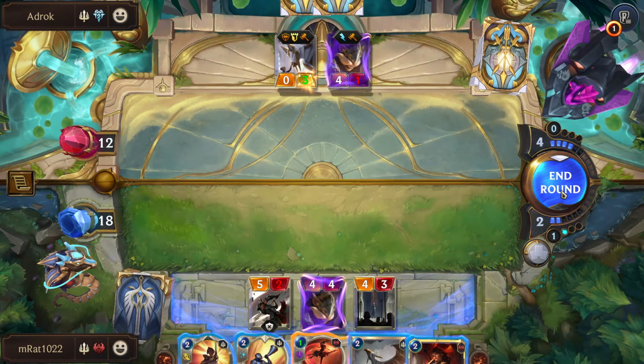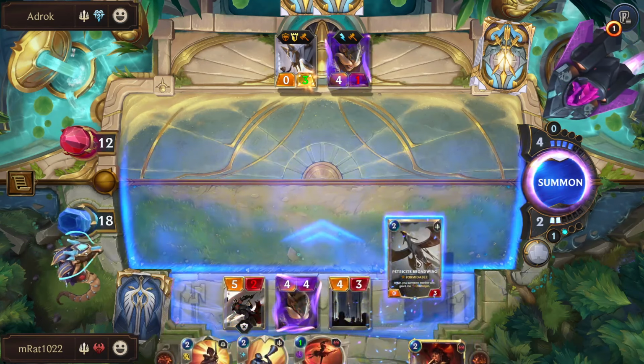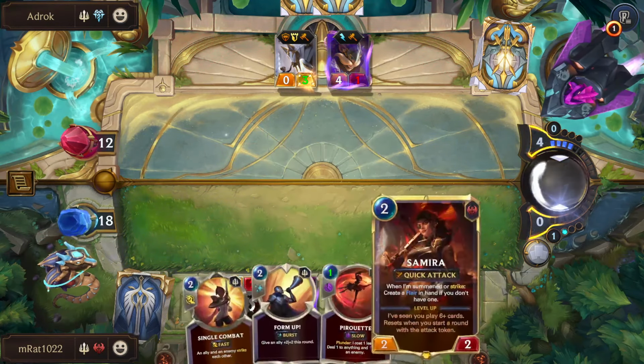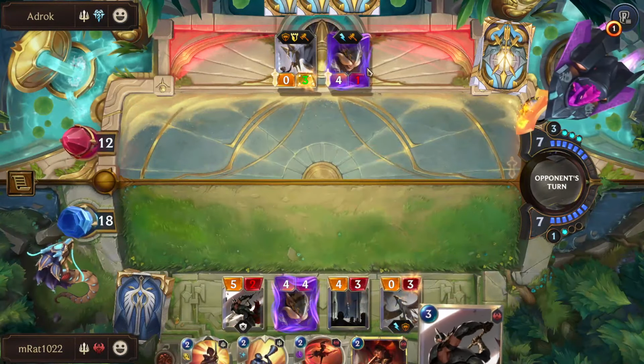Alright, I'll take the pass. I don't want to run into like a Cataclysm, but I don't think that really matters here. So I'll play my Broadwing. Next turn I'll probably play Samira, and we can use the Flare the following turn to like pull the units out of the way, and maybe...